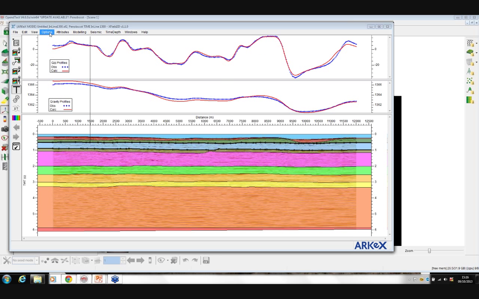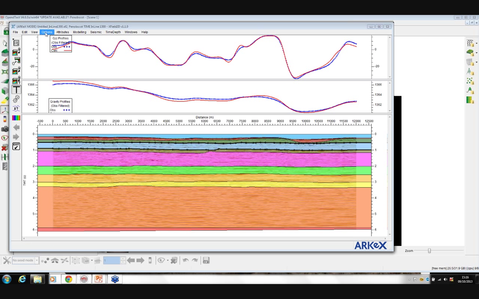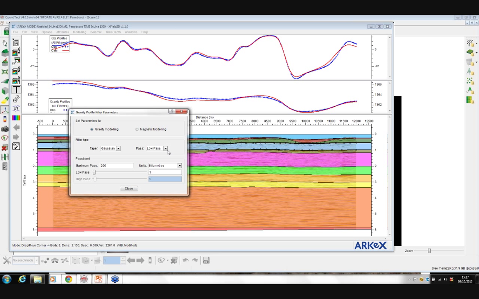What you can also do is go to Options and switch on the options to filter your observed and your calculated data. When you do this, an icon will become active, and that's your filtering icon. Through this, you can do some basic filtering, low, high and bandpass filtering, and you can choose your taper. You can either use the scrolling bars or you can select the value yourself. And in this way, any geological model that you can create, you can check that it satisfies a variety of